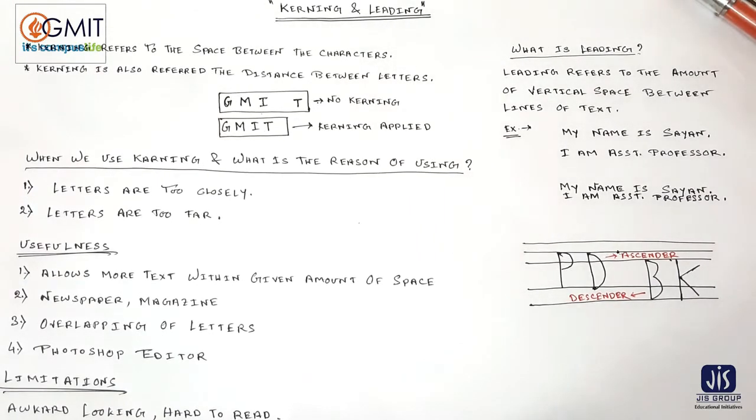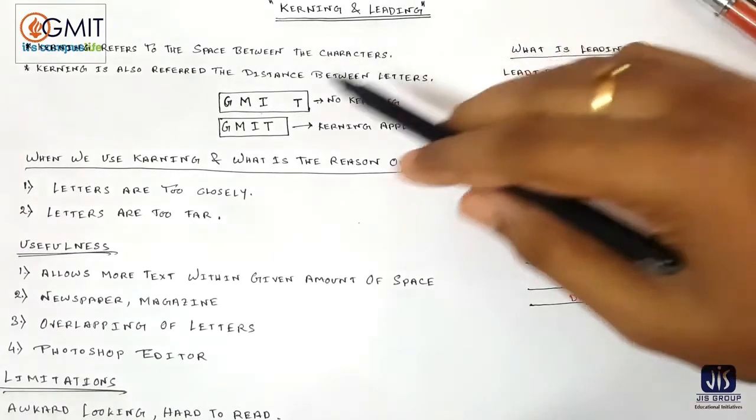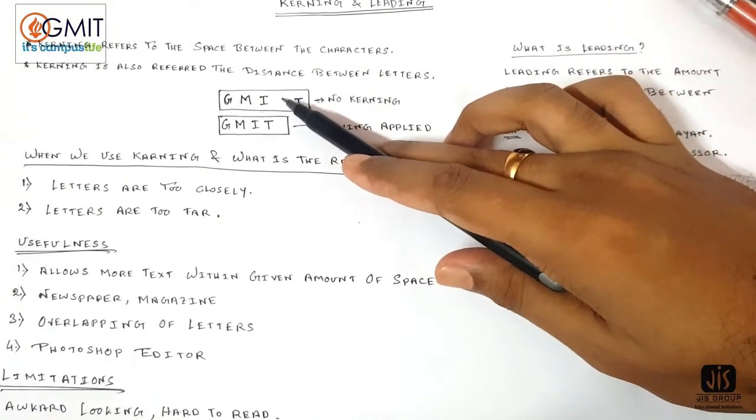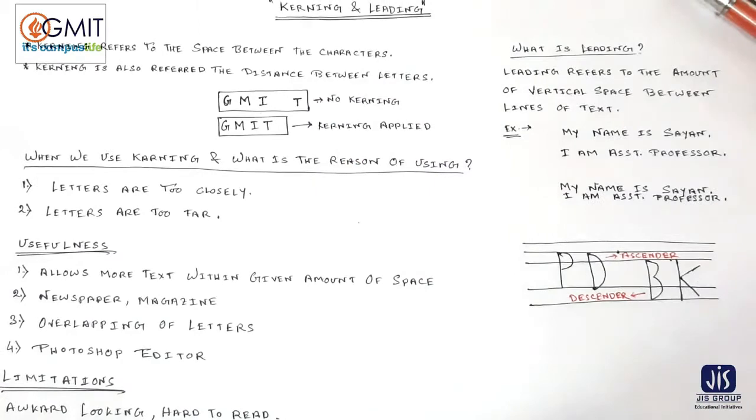But if kerning is not applied and you are writing like this, then you can't accommodate more words in that particular space. But if you use kerning, then you can accommodate more words in that given space. Clear? Number 2, we can use